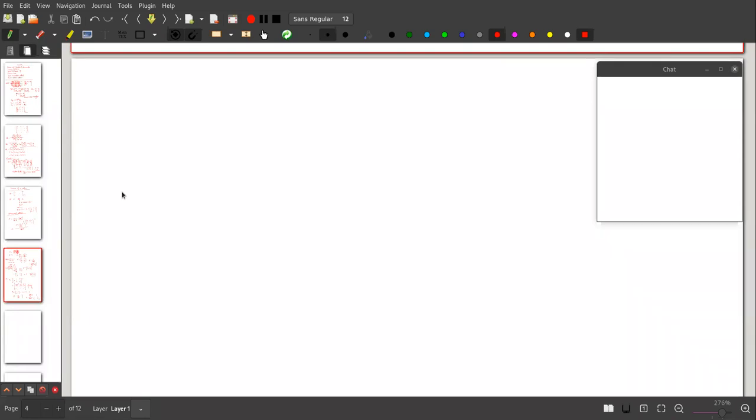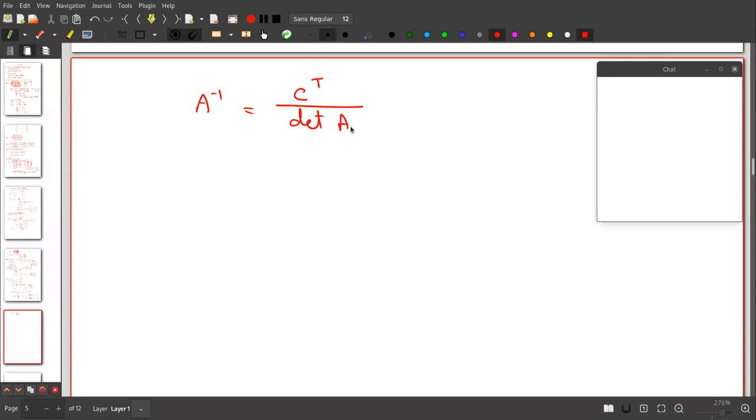Fine. So if someone asks you, does the inverse of a matrix exist? I mean, I have calculated the inverse, but in what case can I not calculate the inverse? So I have told you that A inverse equals the transpose of the cofactor matrix divided by the determinant of A. So this was the formula I have told you. If I say, give me one condition so that I cannot calculate this A inverse, what will that condition be? The one and only condition will be that the determinant of A is 0.